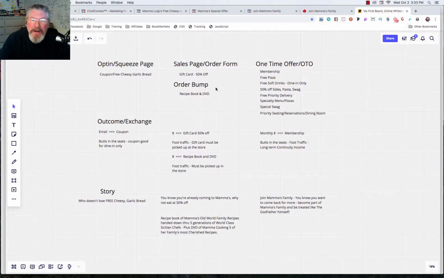That's the big deal here: we got the credit card out of their wallet. As long as it's out, and they put in their order, we want them to simply click one button to upgrade to the membership. That way, again, we're getting the $37 a month, or whatever the economics would make sense in your store, every single month